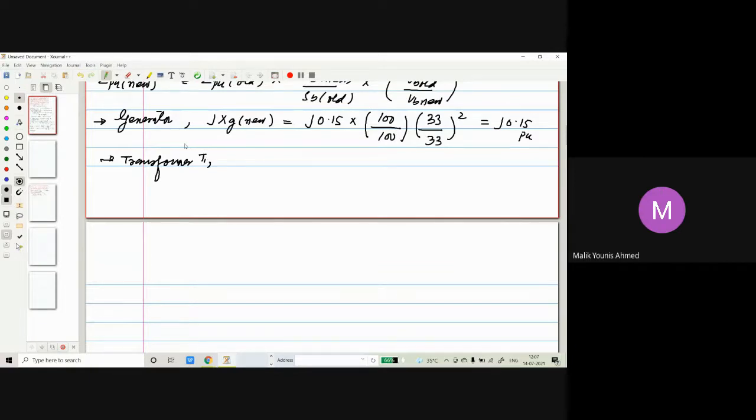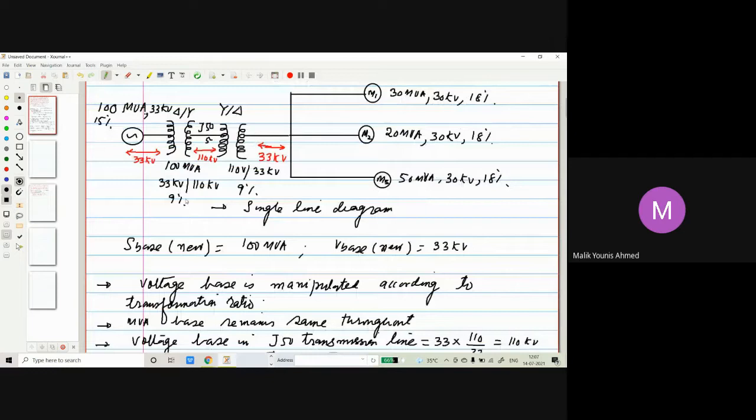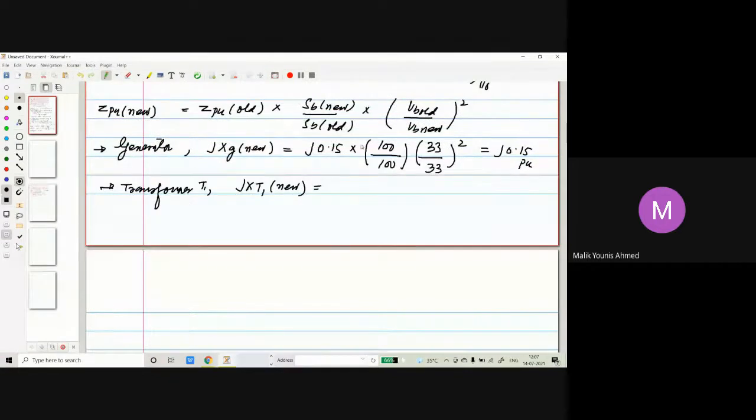So we call this JXT1 new. So that will be, what is the rating of the transformer? Reactance rating is 0.09, so 9%. So that can be written as J